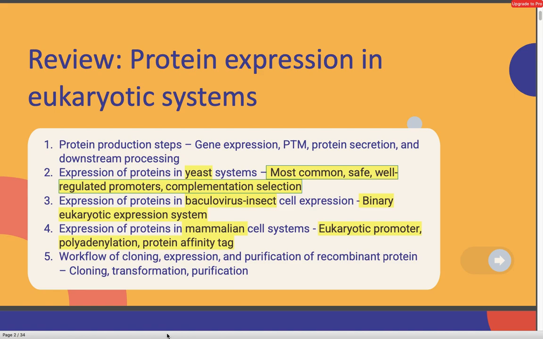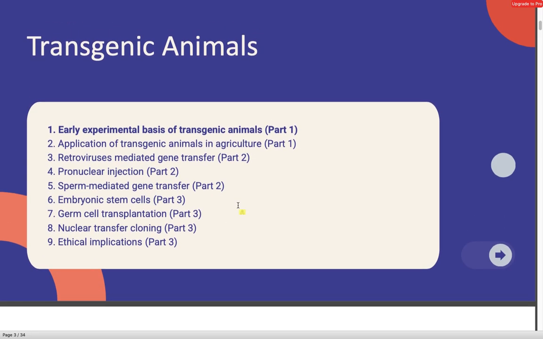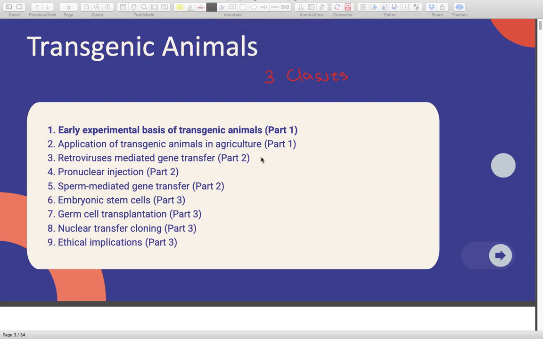Alright, so for transgenic animals, we will have 3 different classes. The first one today will learn about the experimental basis of transgenic animals. So what that basically is, why would we actually even need transgenic animals in the first place. So let's move on to